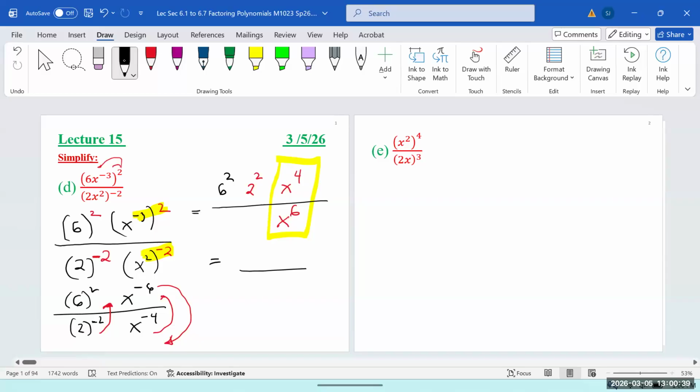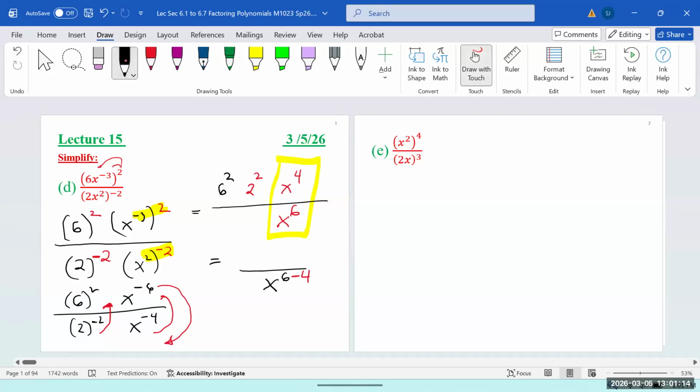In multiplication, we add them. In division, subtract. So what minus what? 4 minus 6 or 6 minus 4? 6 minus 4. Otherwise, you're going to get a negative sign. So you keep your x to the 6 on the denominator because this is bigger, and you subtract the 4 power from the numerator because it's smaller. Keep the position of the bigger power, because it has more power.